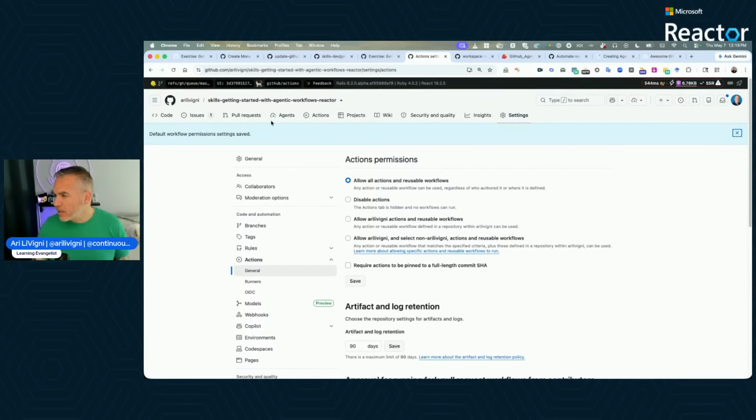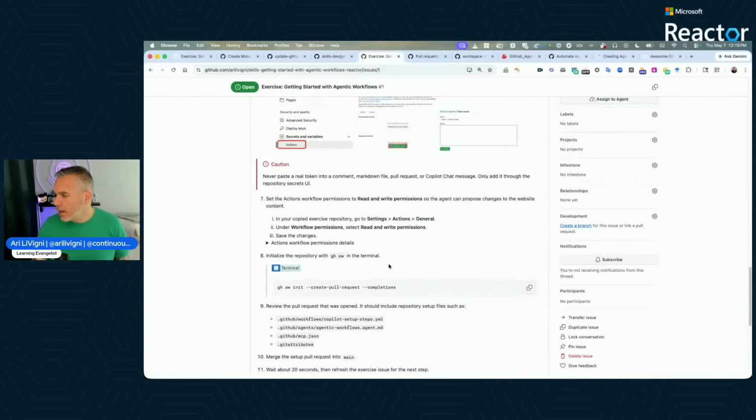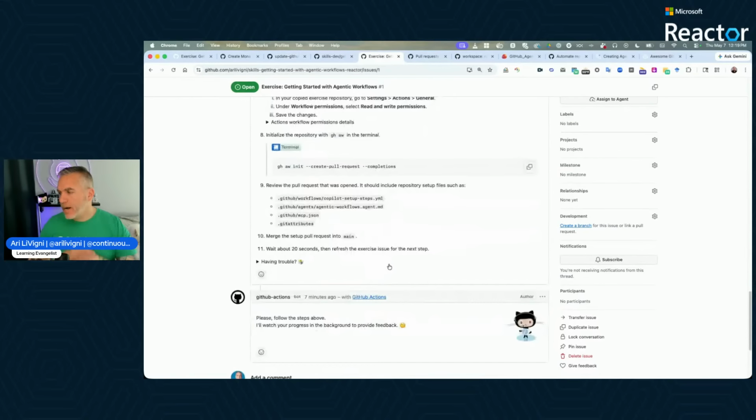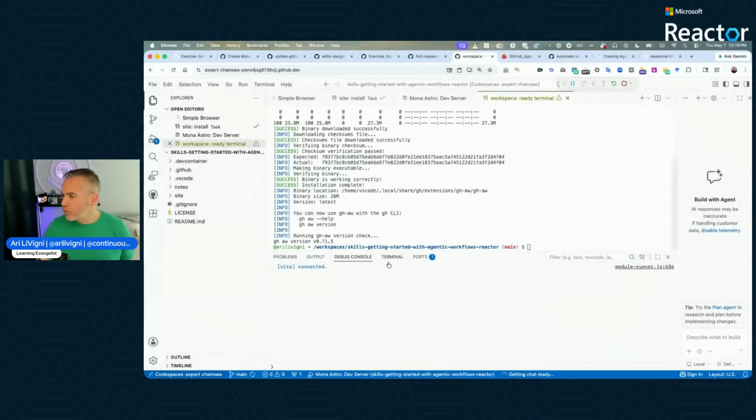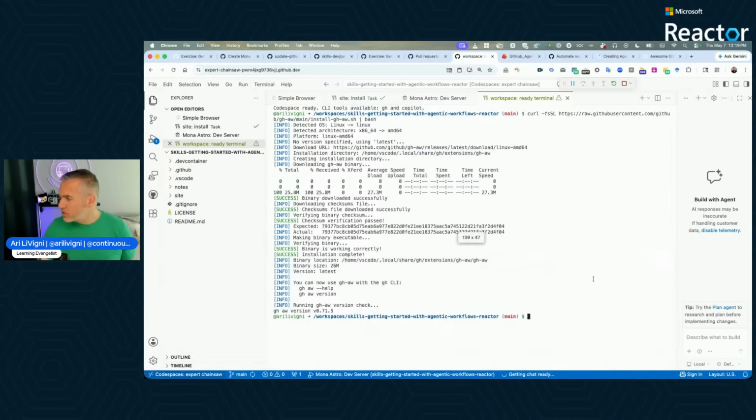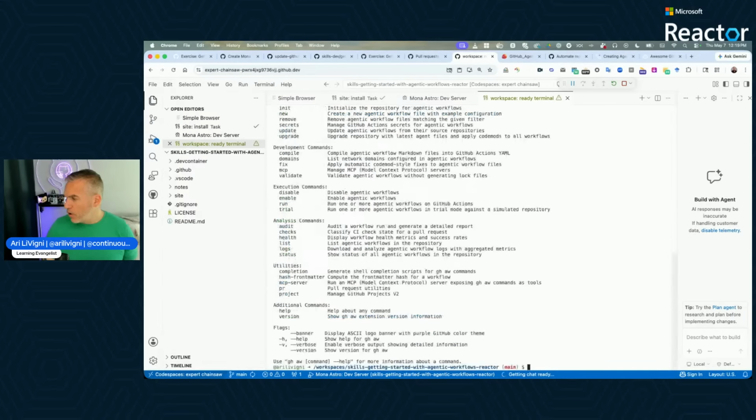Now that that's set, I'll just go here. And then now we have basically our system primed. We're ready to start using these. And now what we want to do is the command line for GitHub Agentic Workflows is pretty powerful. I'm going to show you, I'm going to close this and get a little bit more real estate. But if we were to do just this, you can kind of see all of the things that you can,